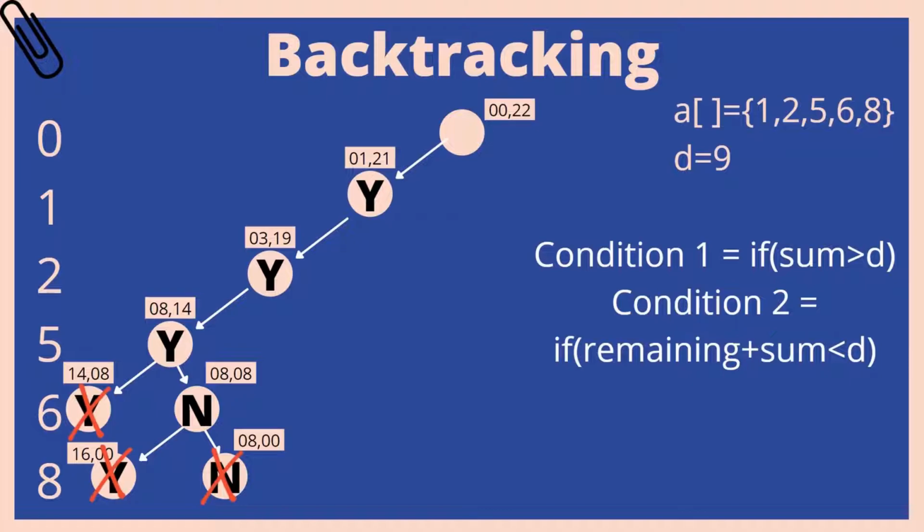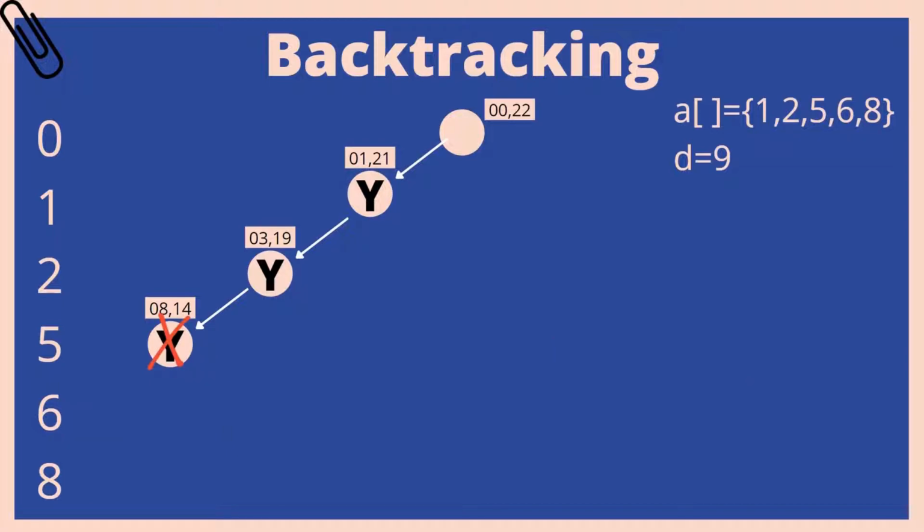So now as we can't move further in the tree, we will move some steps backward. We will move to 2 again to check for 5. So now we will exclude 5. If we exclude 5, then our new sum is 3 and the remaining is 14. Now again it's time for 6. First we check with including 6. If we include 6, we get a sum of 9. So now we will stop here as the sum 9 is equal to d. So our first solution is this: we include 1, we include 2 and we include 6, and the rest we don't include.